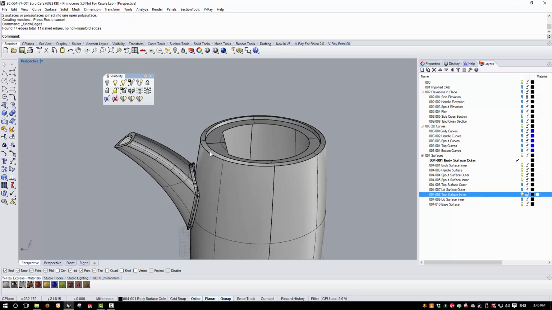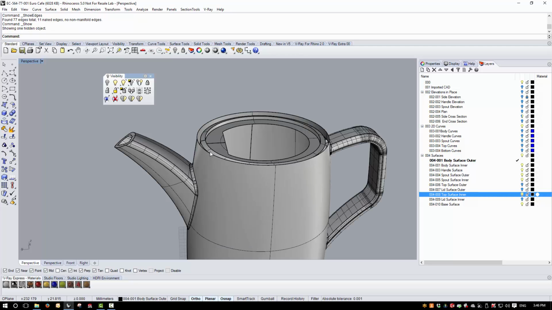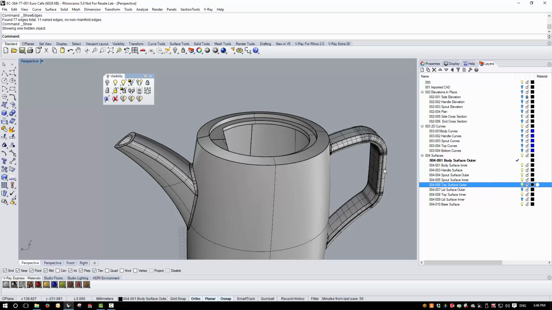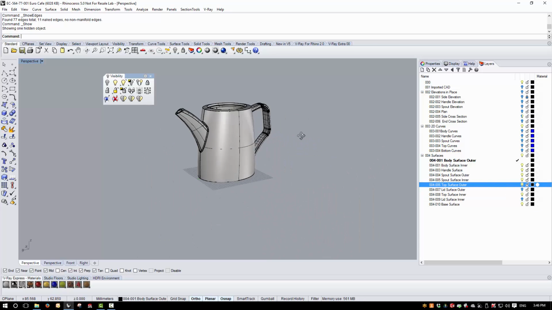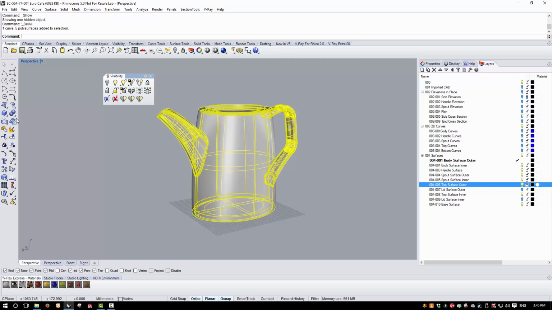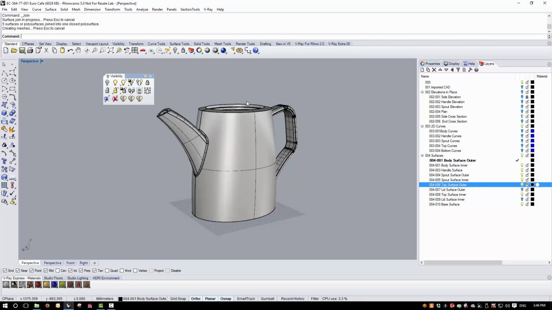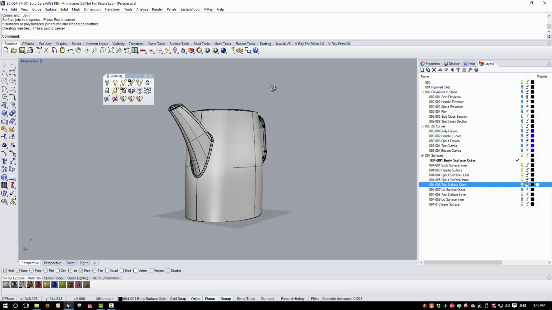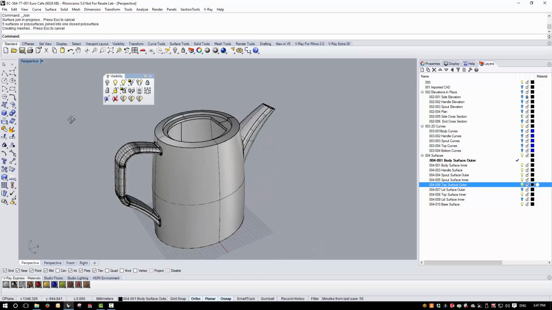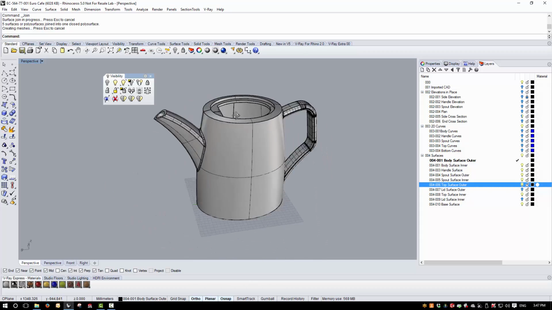And then show back in the outer body and then the top surface outer. Okay, and select everything now and join, and you'll see in the command line here we get confirmation that that's joined into a closed surface. So now we've got our basic sort of solid,